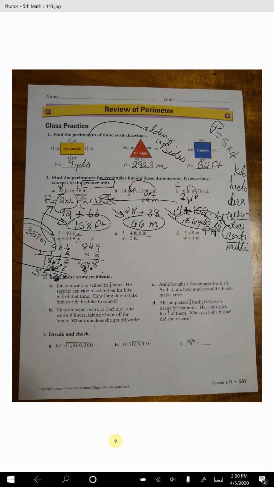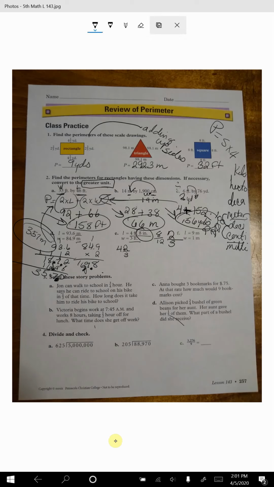All right, 2 times the length and 2 times the width. These guys are in feet and inches and feet. So the best thing to do is just convert those inches into a fraction: 8 out of 12 inches because there's 12 inches in a foot. So you would have 8 over 12. Let's reduce that. 4 goes into 8 twice, 4 goes into 12 3 times. What's that sound? I think it's a bike I hear. Okay, so we have 2/3, so you have 4 2/3